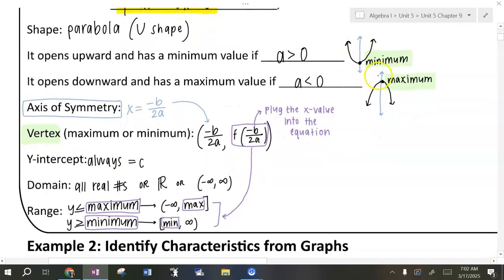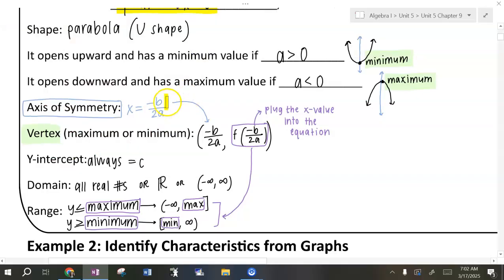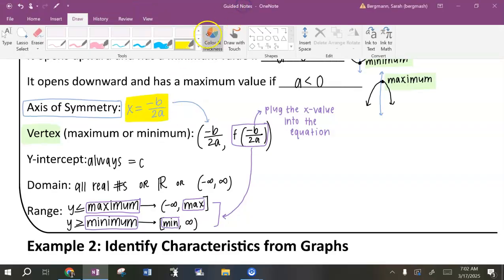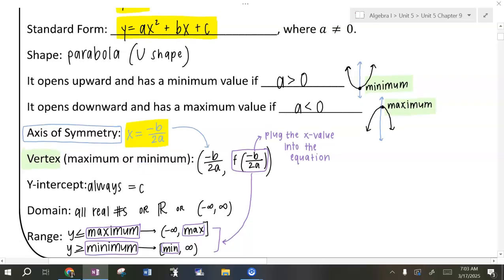There's a special name for the line that cuts the parabola in half. It's called the axis of symmetry. And in order to find the axis of symmetry, you can follow this equation, x equals negative b over 2 times a. You'll have to have that equation memorized, so start learning it now. It's x equals because it's a vertical line. Way earlier on this year, we learned that anytime you have a vertical line, it's x equals a number. So you'll plug in b and a from standard form and simplify it,